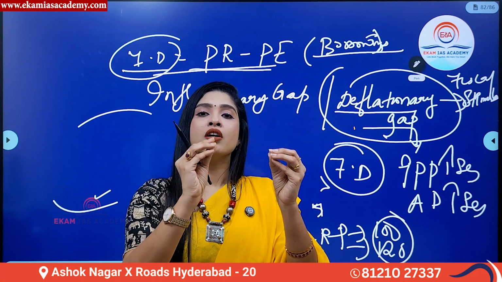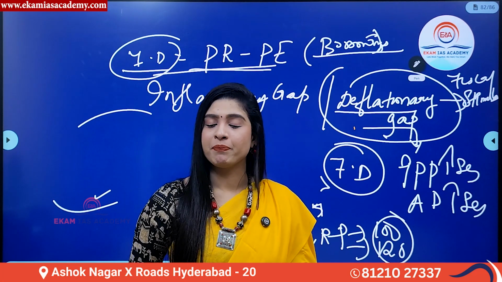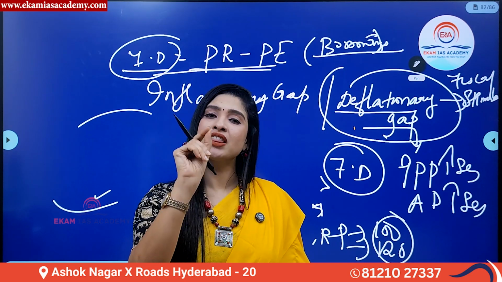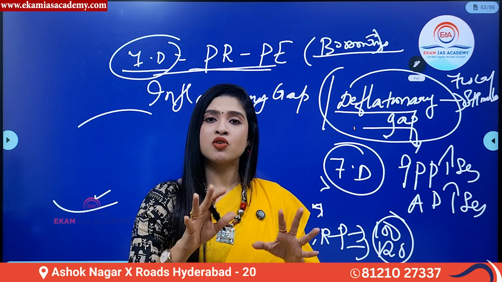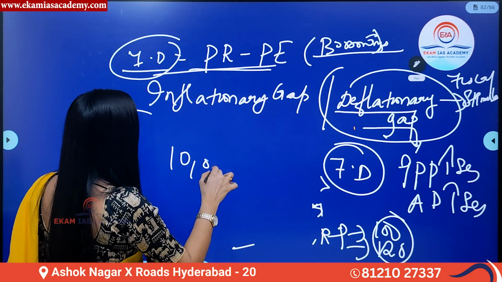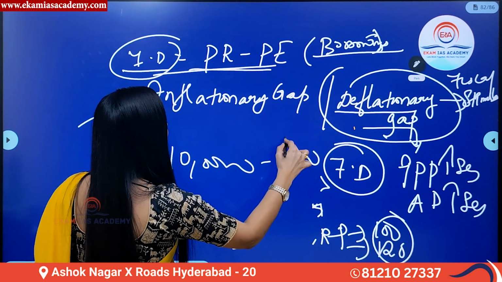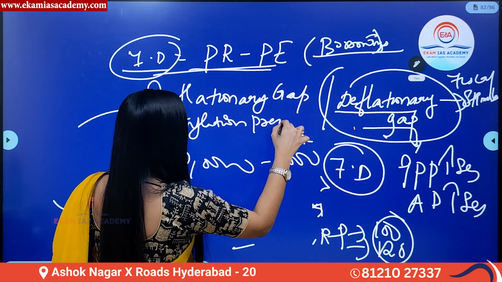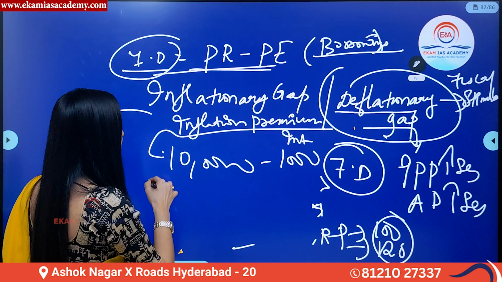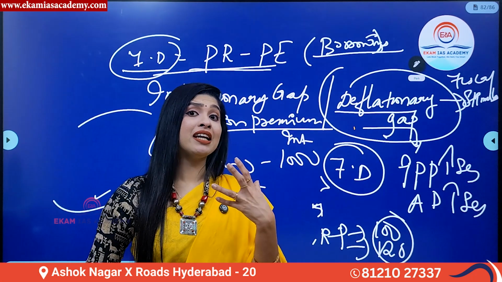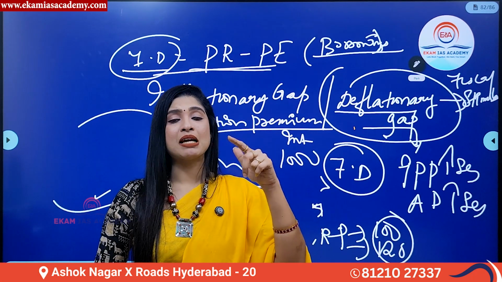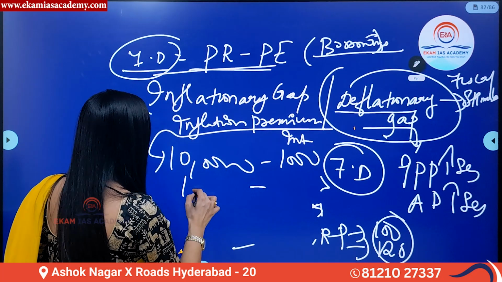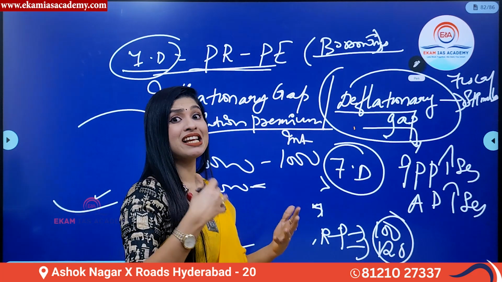For example, you borrowed 1 lakh rupees today from me. When you borrowed 1 lakh rupees from me, I am charging an interest of 1000 rupees per month from you. So for 1 lakh rupees, you're paying 1000 rupees as interest. Now, when you pay this 1000 rupees as interest every month, suddenly next month, what happens? Next month, the value of 1 lakh rupees, when I'm giving it to somebody else, I am giving at the rate of 2000 rupees per month as interest. Because of inflation, the value of money also increases accordingly.